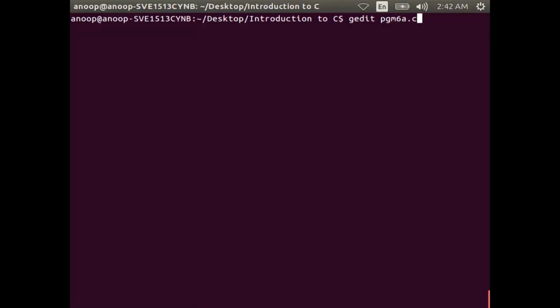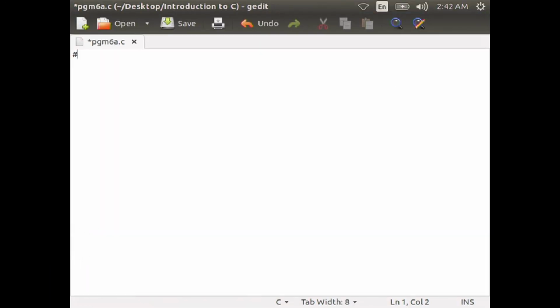Let us now code this program. #include <stdio.h>. Now, we have to include the header file for supporting string functions, that is #include <string.h> and #include <stdlib.h>.